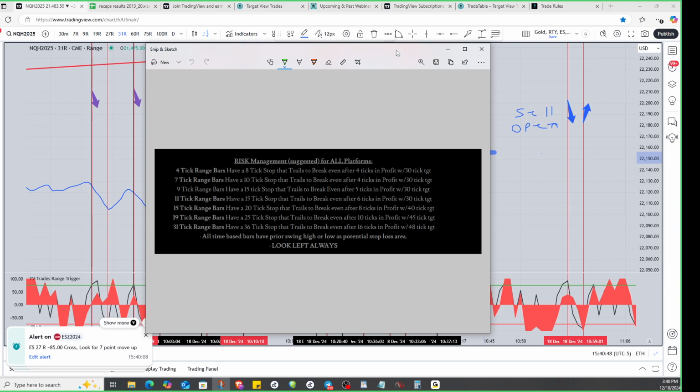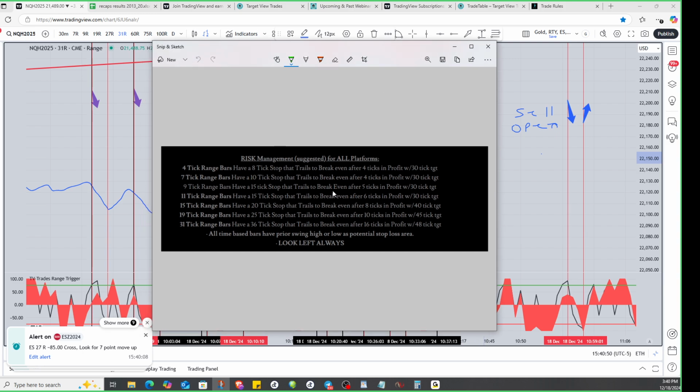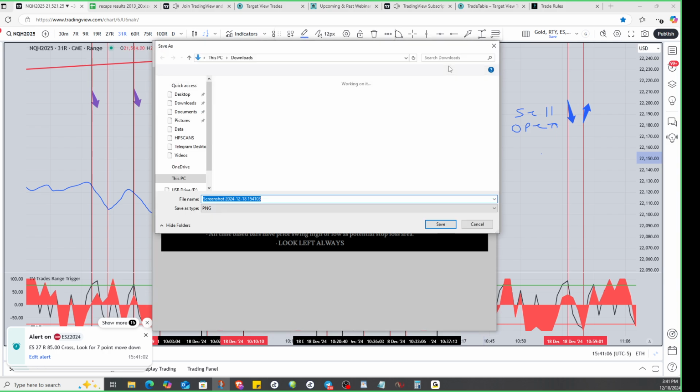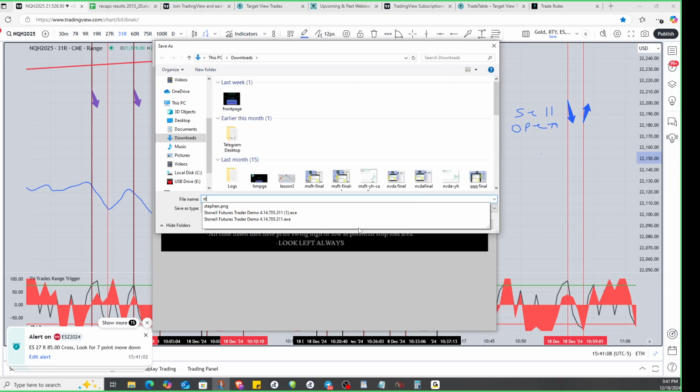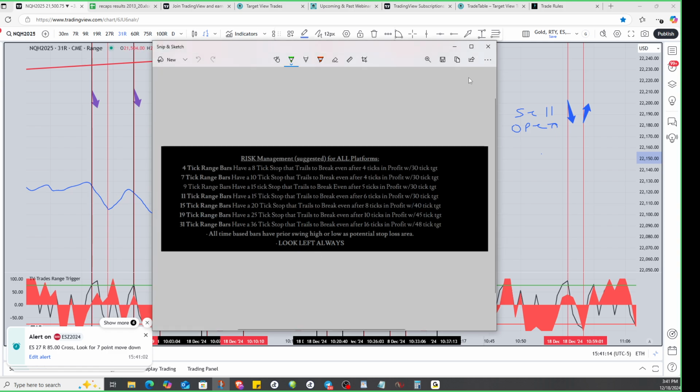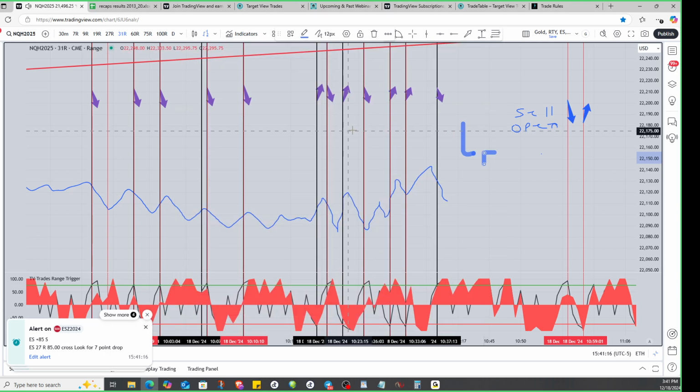Okay, so get a good look at that right there. And I'll save it. Maybe I'll be able to attach it in the thing that goes out later. I don't know for sure if I can do that in the follow-up thing. Okay, you got that, Ken? Good. All right, let me just save this. Stops and targets, that's going to downloads. All right. So,